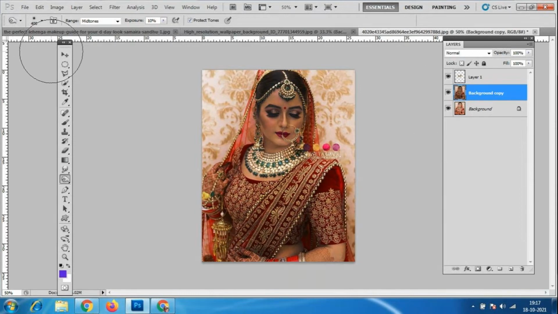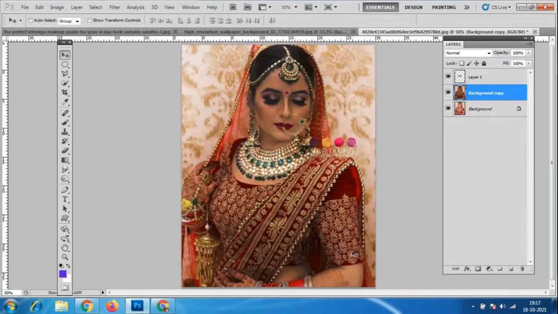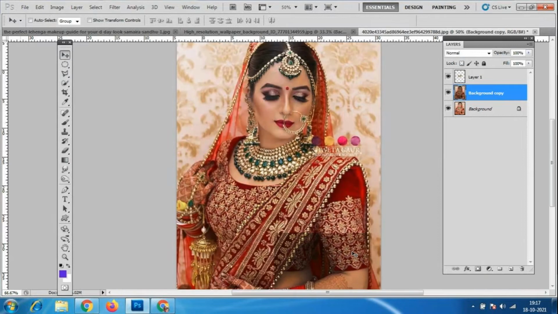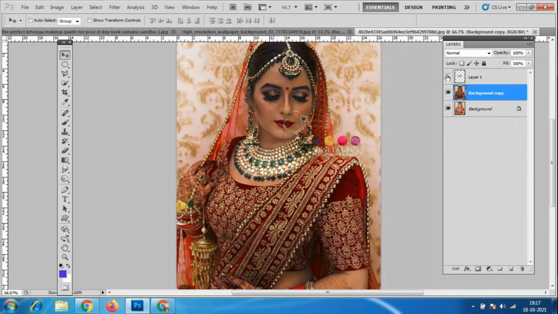So what I did, only the ornament is bright. Only the bridal here is dark, only the ornament is bright. Because I have taken this image like this, we have to highlight wherever the ornaments are. I want to highlight it, so that time we can do these changes. Is that okay, everybody? That is the use of the burn tool.